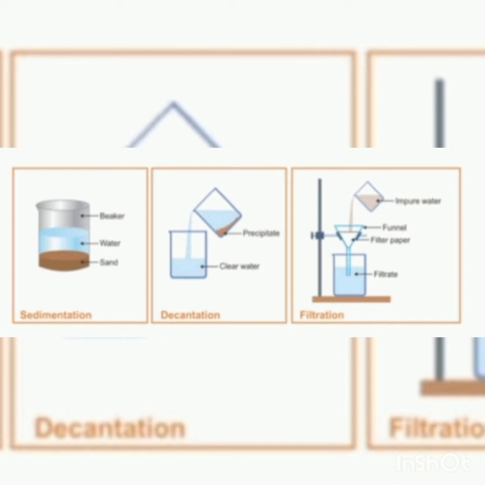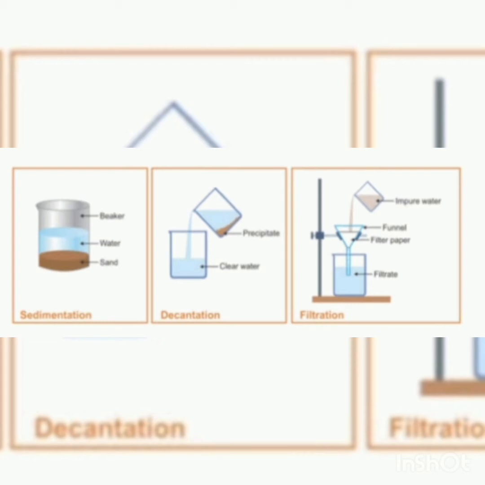Now I will explain this with an activity or an example. Suppose we have to find clean water from muddy water. Muddy water is a mixture of sand and water. We have to clean it, and we just want clean water from this muddy water. So what we do, we keep this muddy water in a beaker, and we leave it for some time without disturbing it. Without disturbing the beaker, we leave it for a long time.